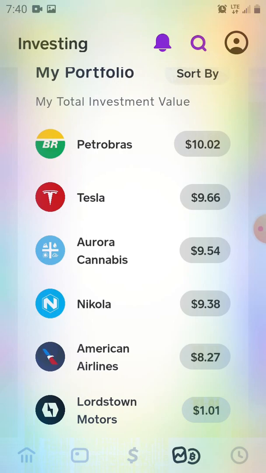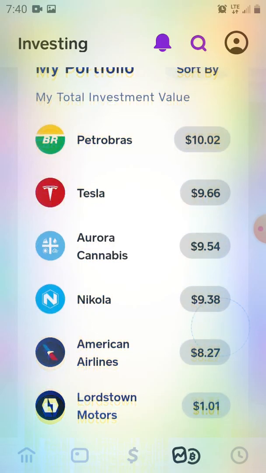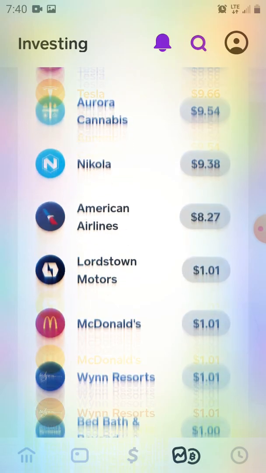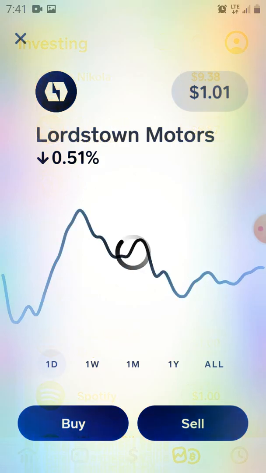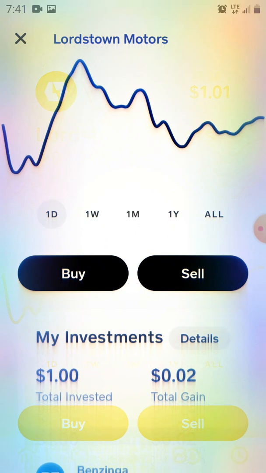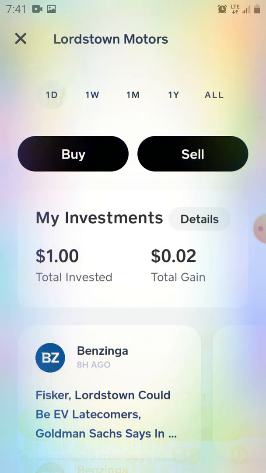the market's closed right now, so I really can't do much, and things are going to be stagnant for a moment because the market's only open from 8:30 to 3 p.m. and then I have to stop. But like every day, for instance, what I do is I will buy a stock. So say I buy this Lordstown stock. I'll buy a stock for $1. And then when my gain gets to about,